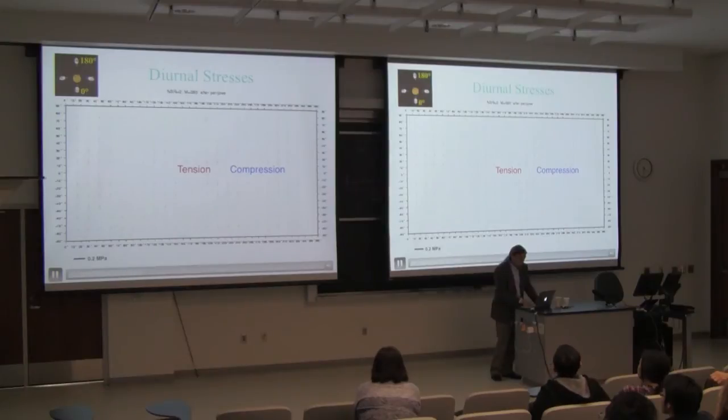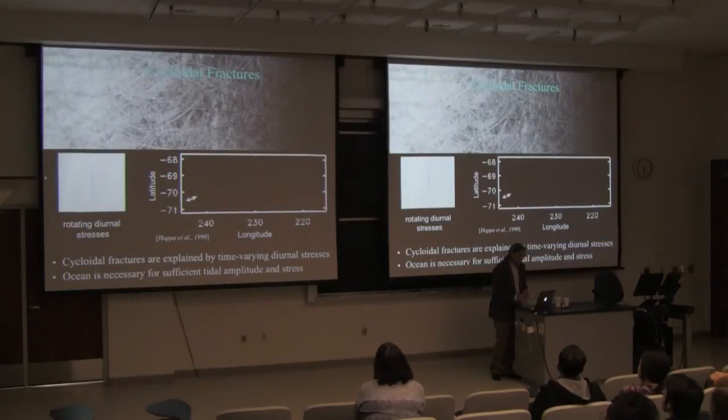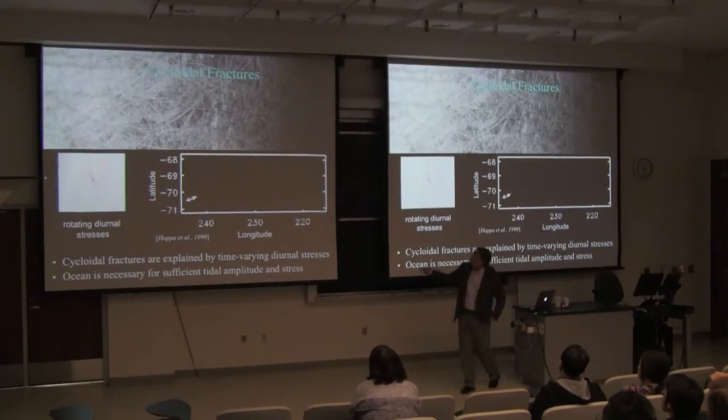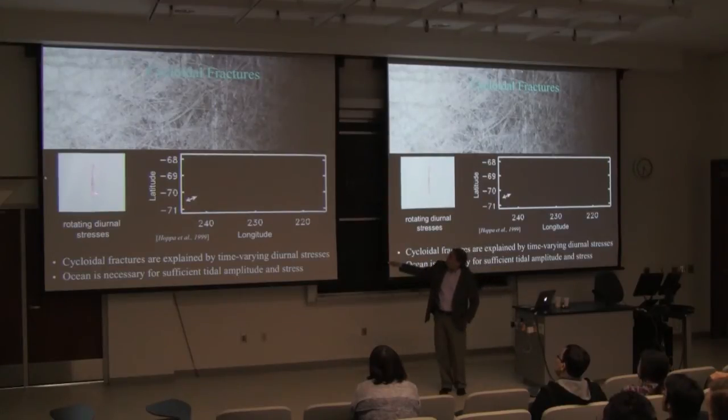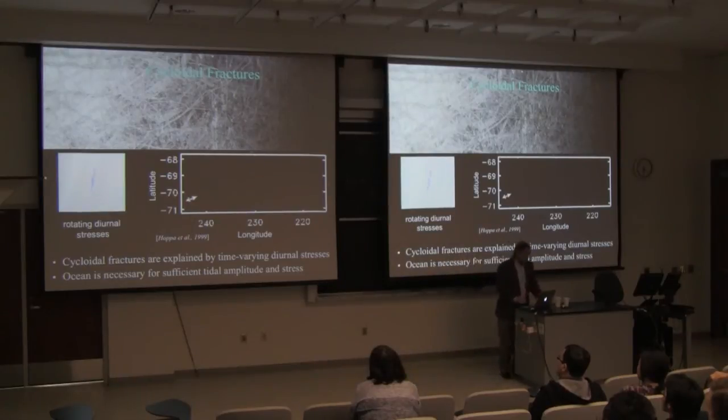So let me show you this illustration. Here are some of those cycloidal features. Now these are ridges, not fractures. So the assumption is they start as fractures and then somehow become ridges. This is an example of a rotating stress tick down in the southern hemisphere, where red is tension and blue is